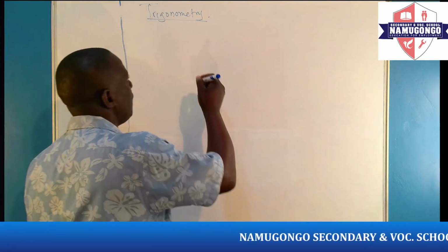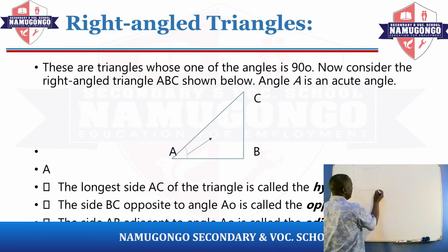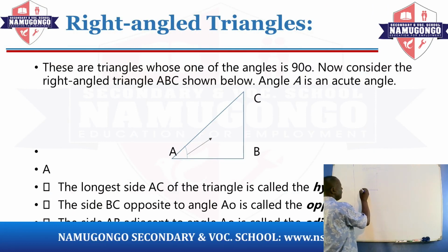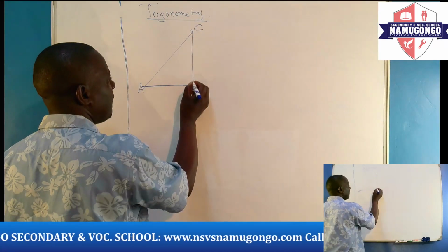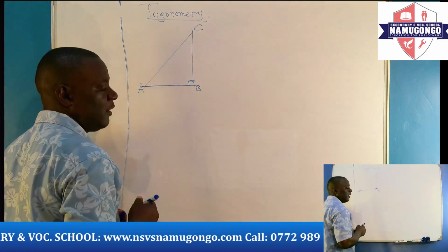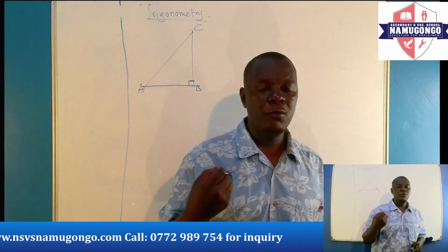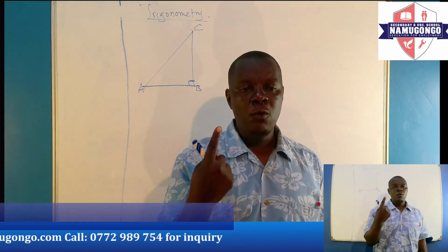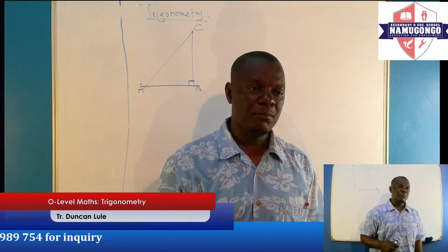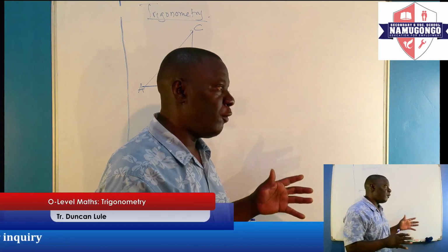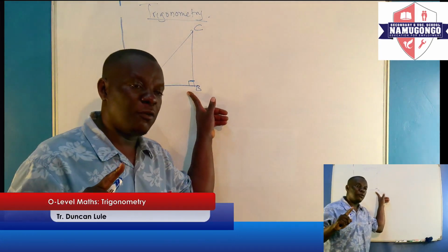Let me sketch for you one. We've been doing this from primary, so it's not something new. This is A, this is B, this is C. It is right angled at B. A right angled triangle is a triangle where one of its angles is 90 degrees. So if you have a triangle and one of the angles is 90 degrees, then that triangle is called a